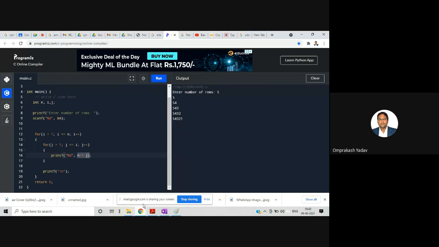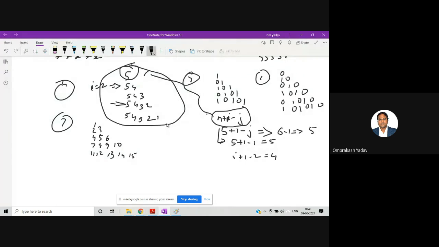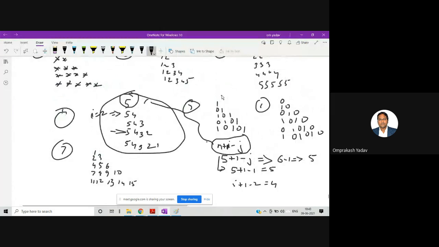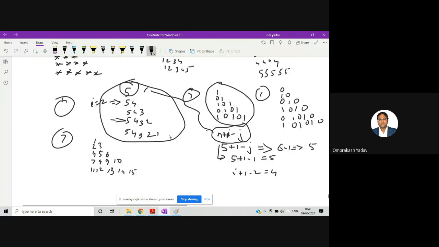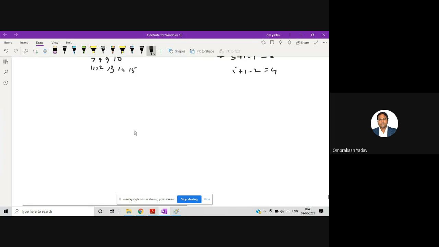Now let's see another one. This particular pattern is something like this. 1 we have, then 0 1, then 1 0 1, then 0 1 0 1, then 1 0 1 0 1.